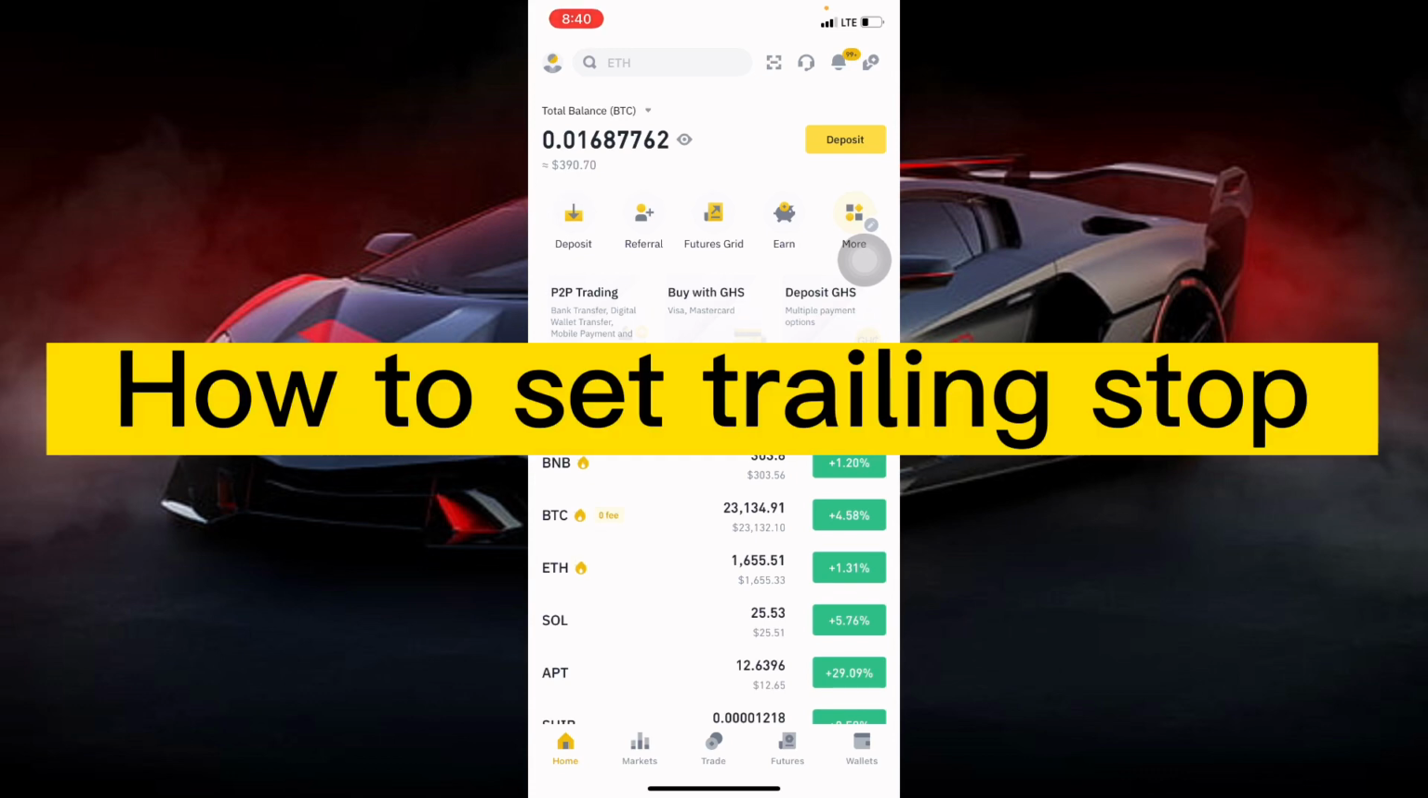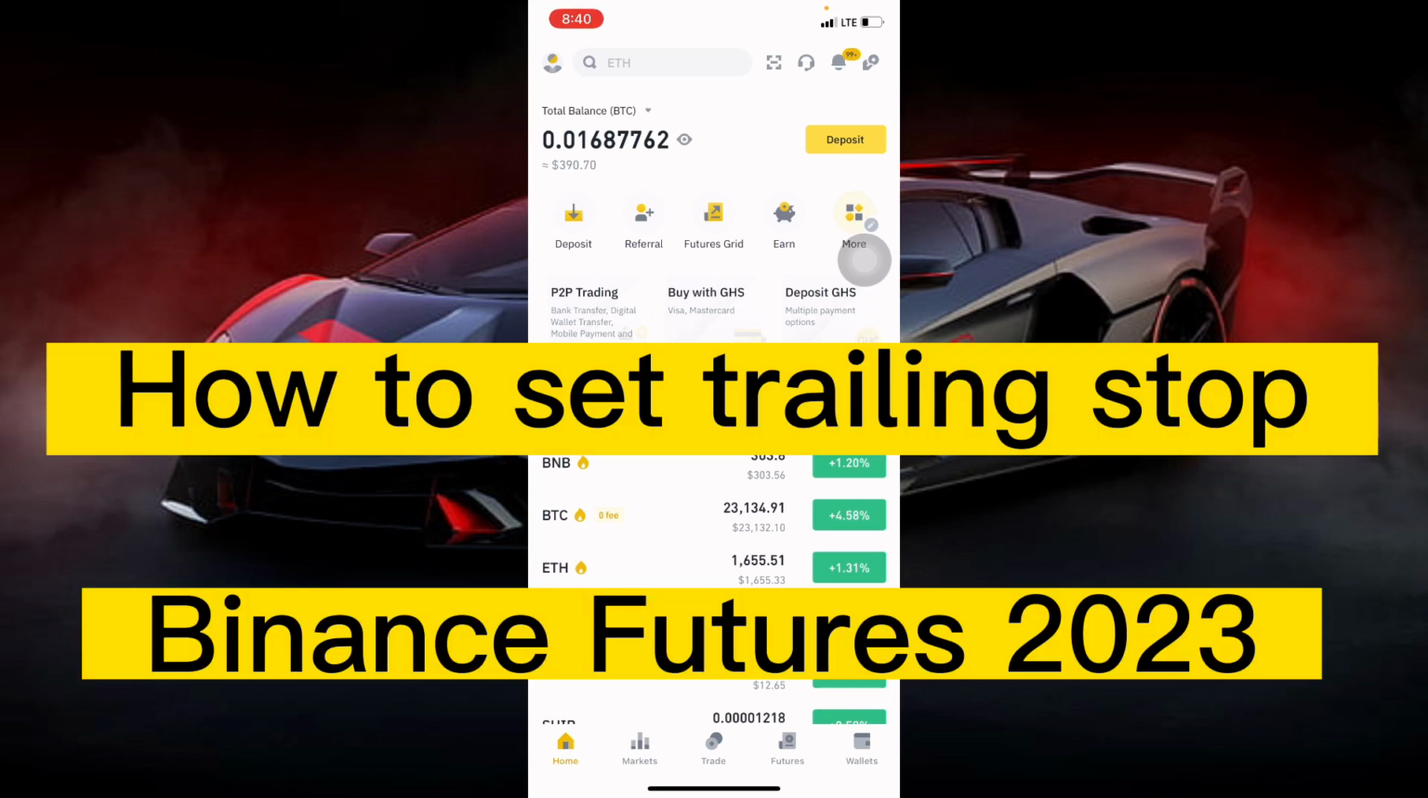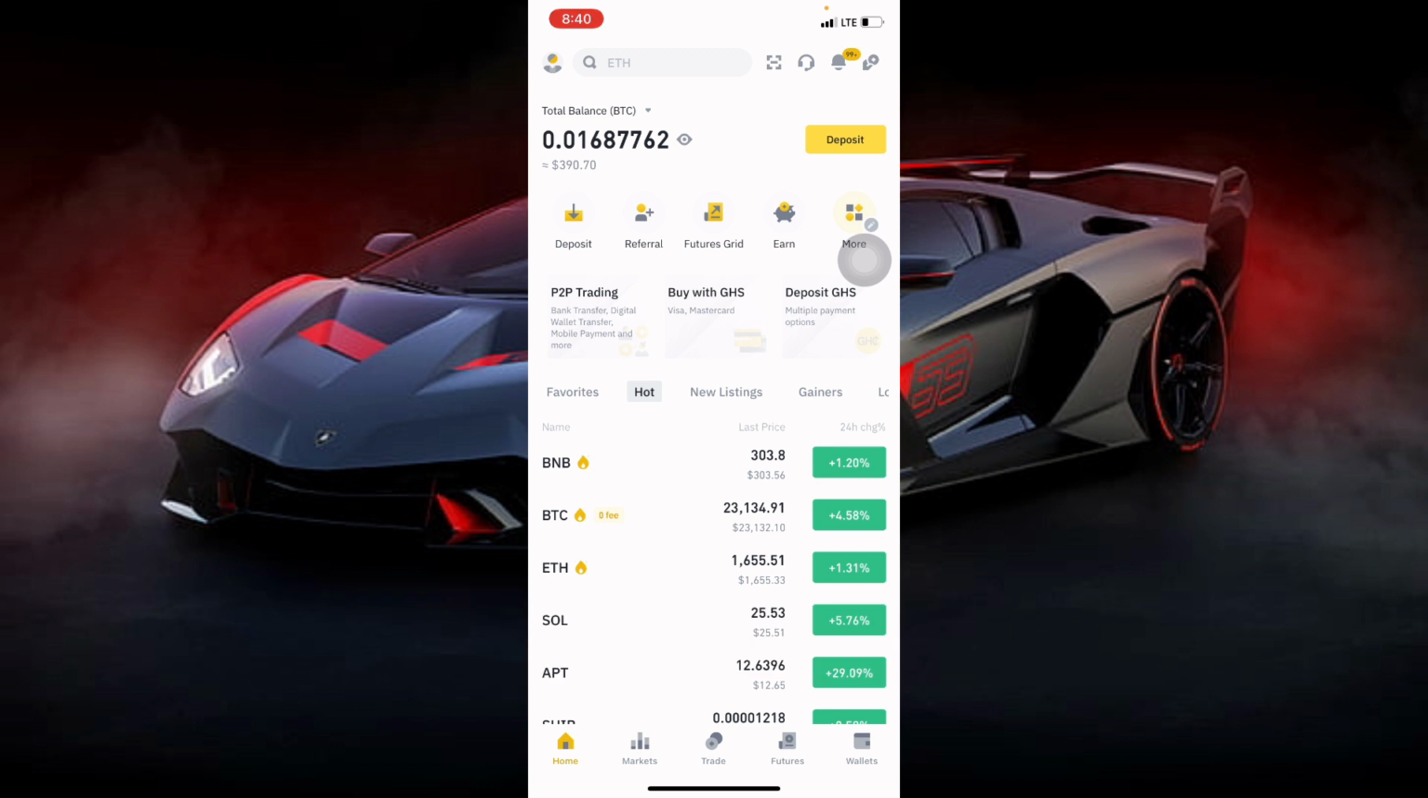In this video, I'm going to be showing you how you can set a trailing stop on Binance futures in